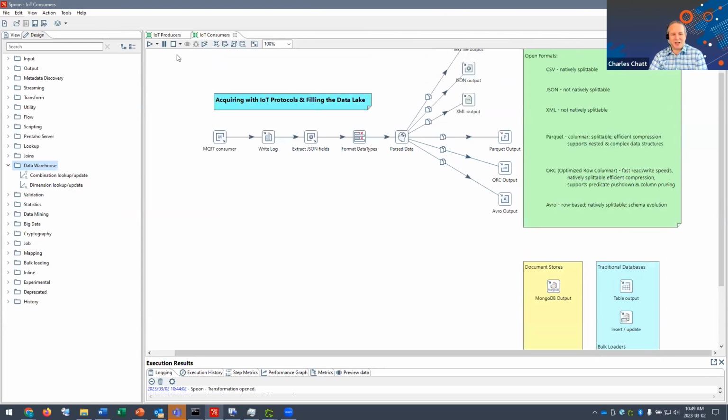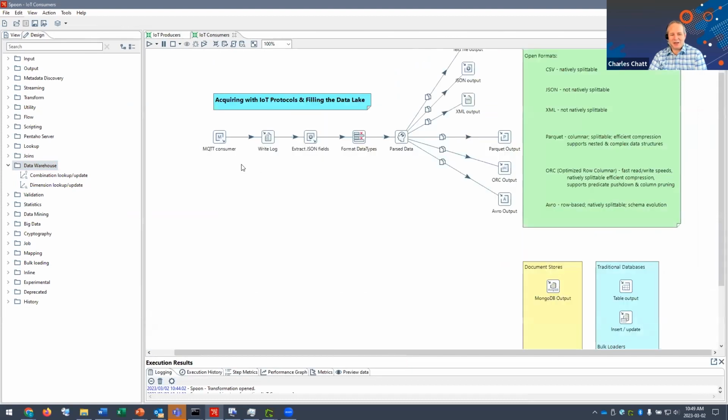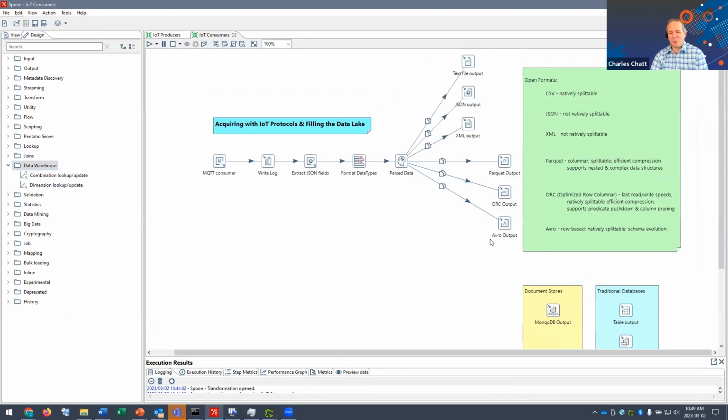So this is just two examples of not only how to produce it, but also me picking it up from the MQTT consumer and then spreading it out into whichever format or whichever database engine I might be using. All right.